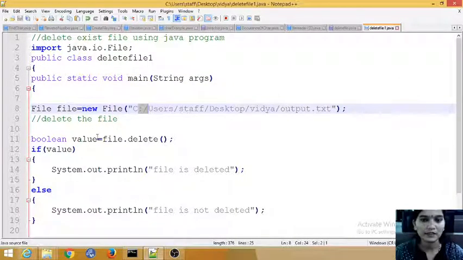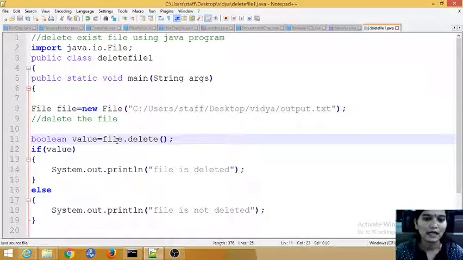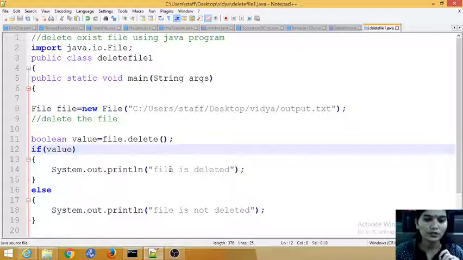Then using the delete method I delete the file, which returns a boolean value that I store in a variable. If it is true, this message will be displayed so the user will understand the file is deleted, or else it will display file is not deleted.